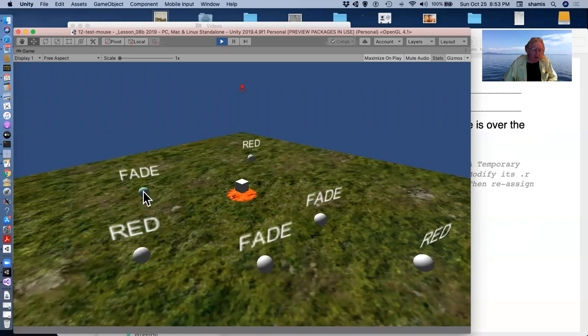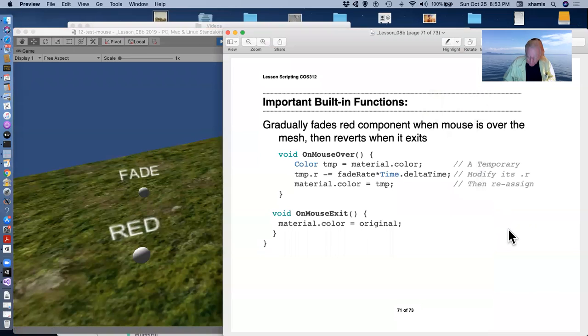If I enter a fade one, it fades the red out to cyan and turns it back to white again. Fades it, turns it to red. Okay. So anyway,